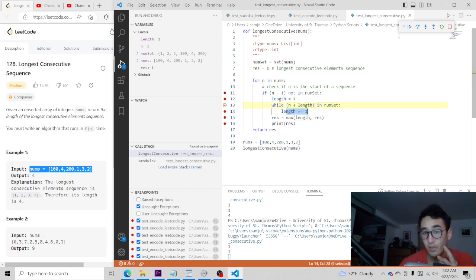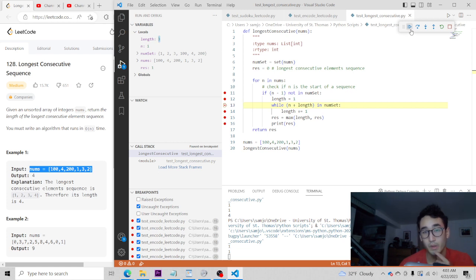So then length becomes 2. Then we go back through the loop to see if n, which is 1, plus length, which is now 2, is in numset, checking if 3 is in numset, which it is, then we can add 1 to the length.